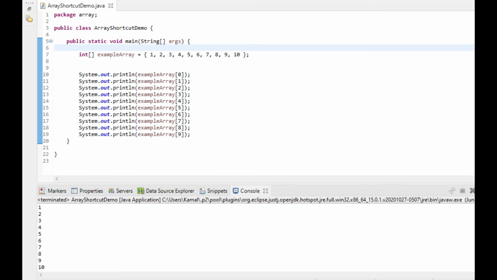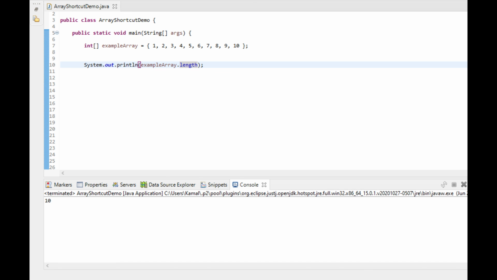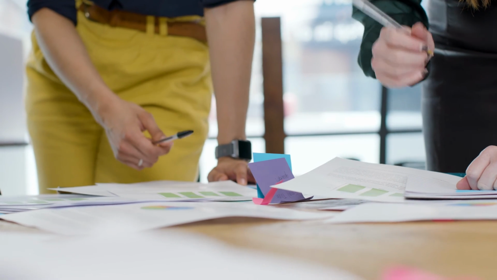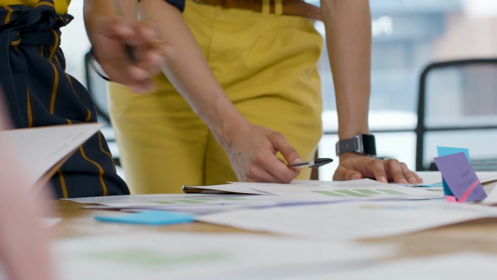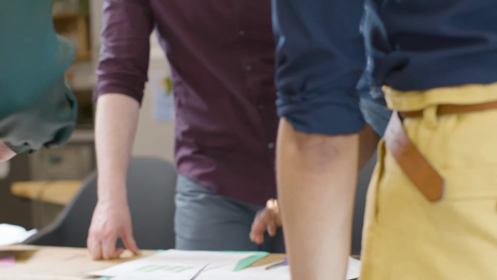You put multiple values to the array and wanted to find the count of elements now. You are going to count all the elements manually, right? Well, you don't have to. Java has provided an inbuilt property to find the size of the array. System.out.println(exampleArray.length). So simple. There are a lot of inbuilt utilities we can use, but we will learn them later once classes and object concepts are understood, which we are going to cover in the next video.